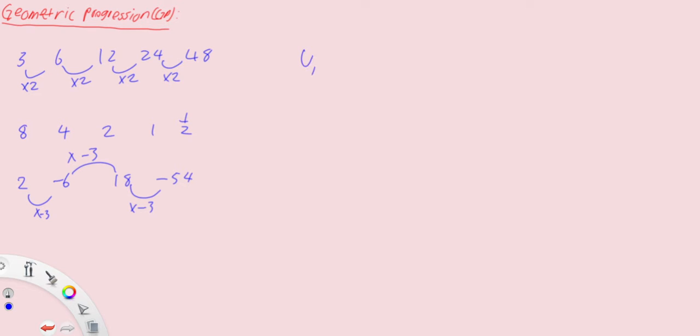Let's say we start with the general formula of a specific term, u_n. You notice that it's always a multiple of the first term, right? The second term multiplies by 1 time of 2. The third term multiplies 2 times of 2. The fourth term multiplies 3 times of 2. So what happens is that we have the first term 3, multiplied by the common ratio 2 to the power